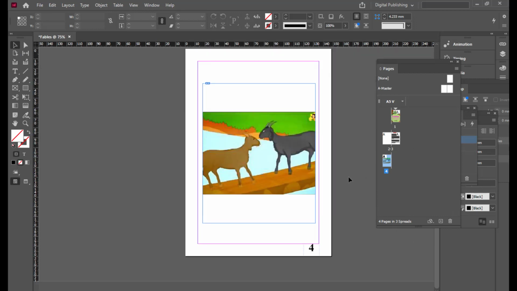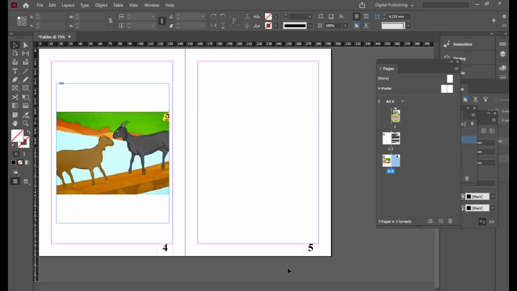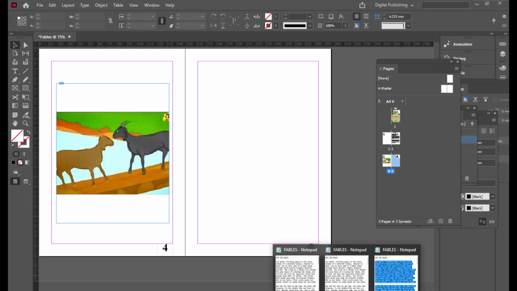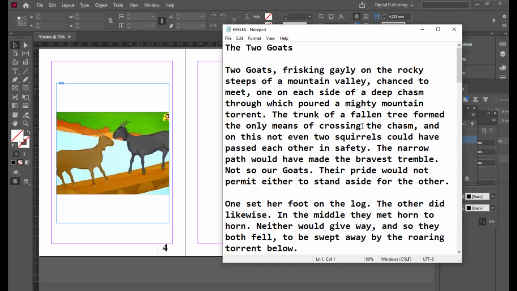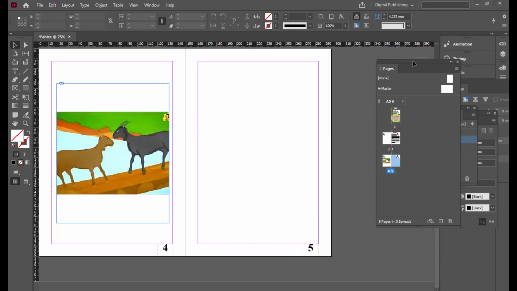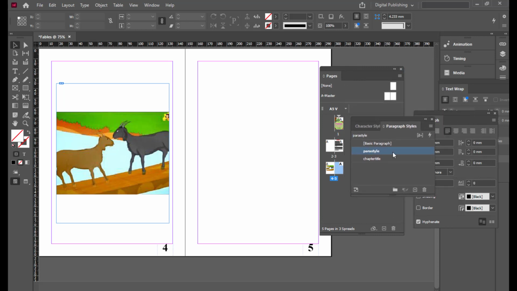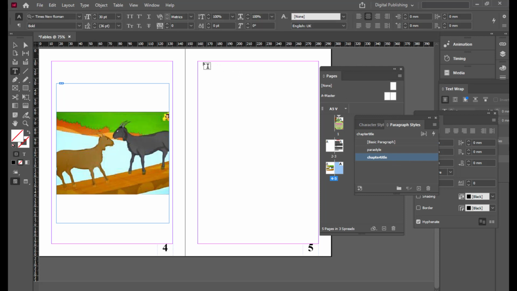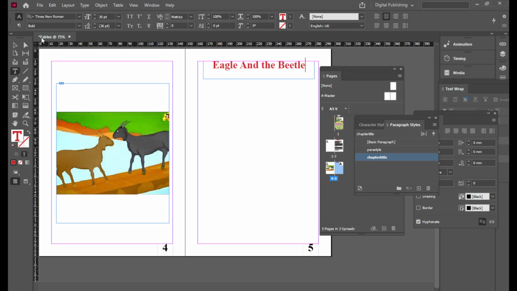now we will create the next page. Just click on this create new page, and in page number 5 we'll put the next story. So the next story is Eagle and the Beetle. So we'll just copy the title and make sure that the chapter title paragraph style is active. Simply create a text block and paste. Right,